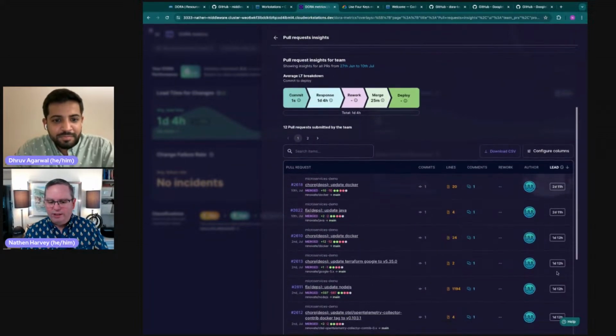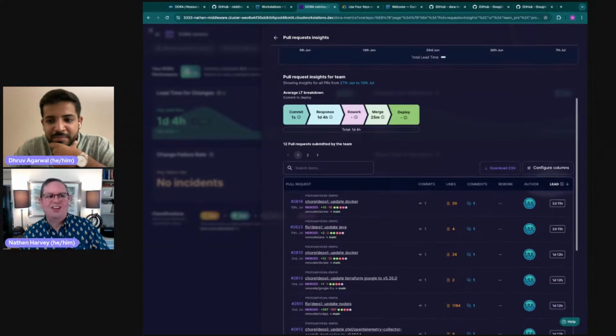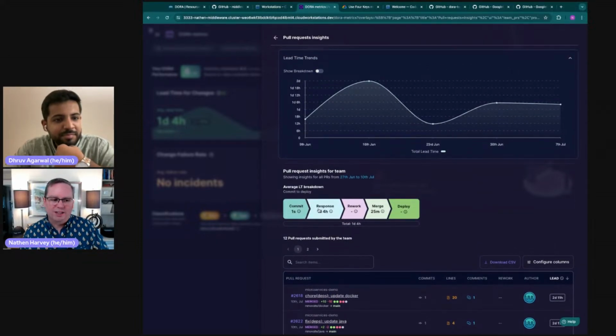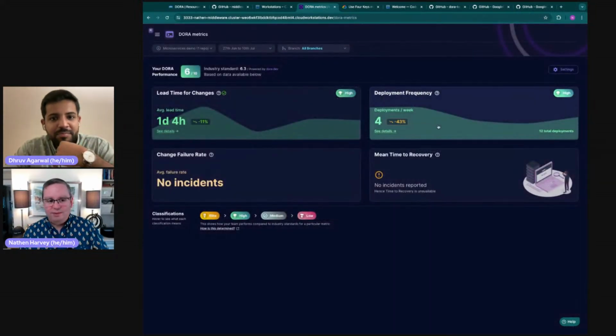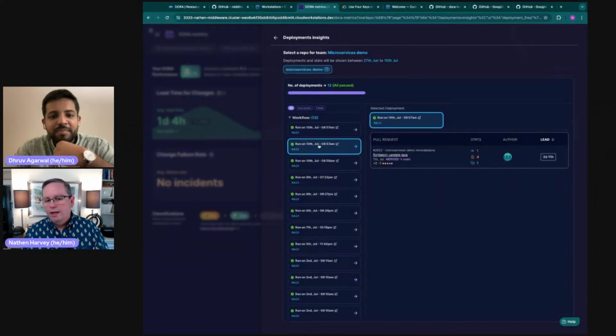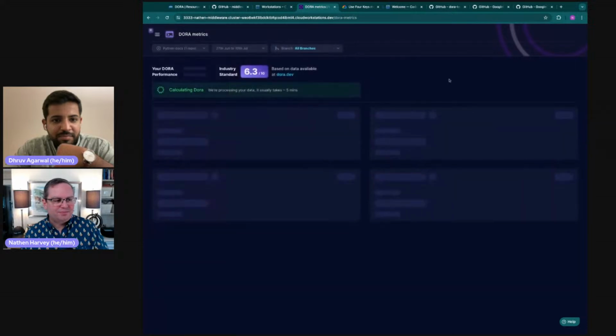It's really interesting, you know, in the 2023 report, we found that teams with faster change review times have 50% better software delivery performance. And it looks like that change review time seems to be showing up here in these details as one of those constraints that a team might want to look at. And again, maybe there's good reason for some of those, but maybe it's an opportunity to improve. Let's take a look at the Python docs here as well. Let's see how they're doing.